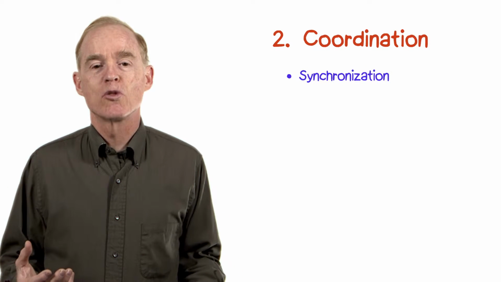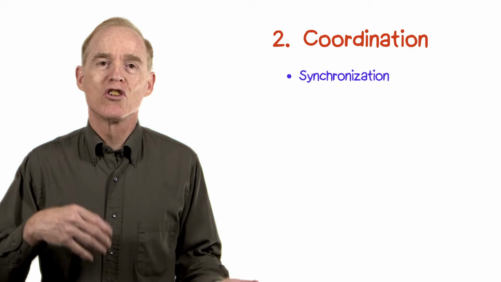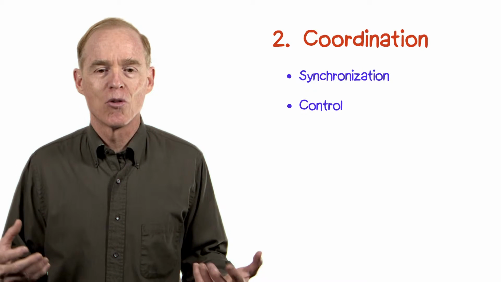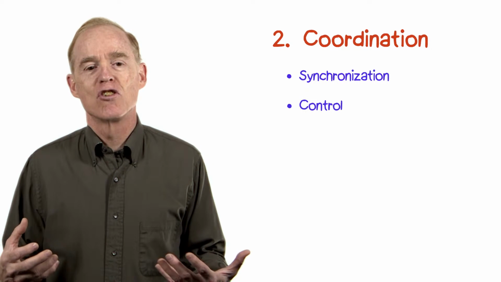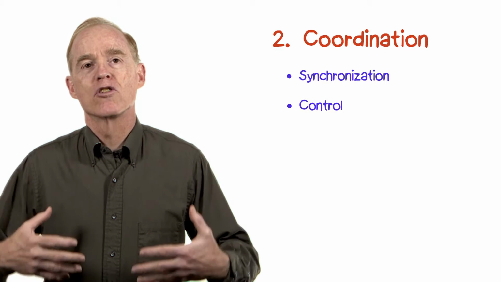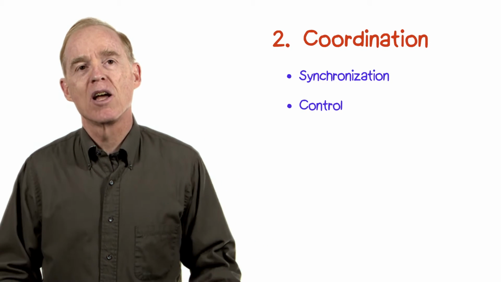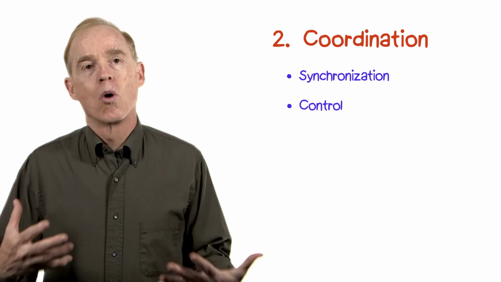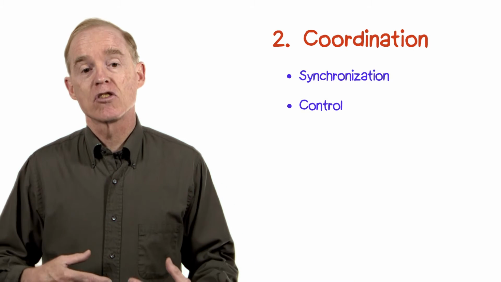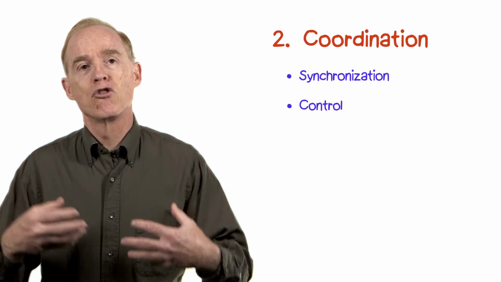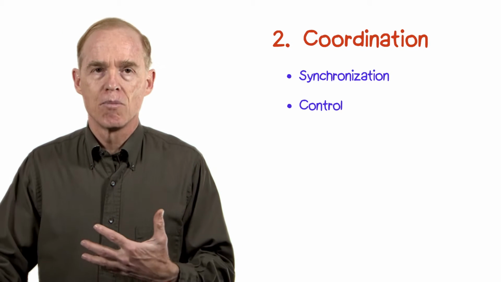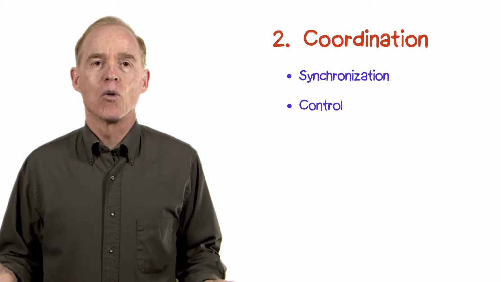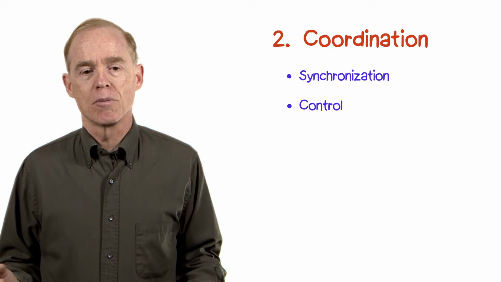Another question with respect to coordination is who's in charge here? Okay, is it the client or the server? You've no doubt seen situations where the server is capable of pushing things out to the client, such as web pages which want to update with current events. Or it could be that the client requests information, that is, it pulls from the server. Deciding how you're going to deal with that is a key design question in any distributed application.